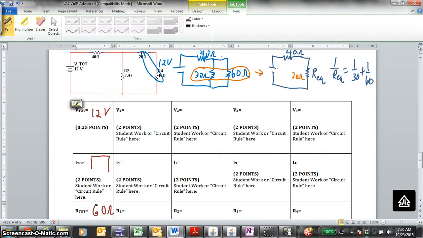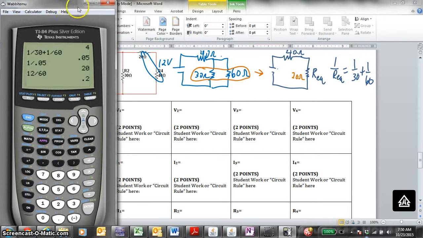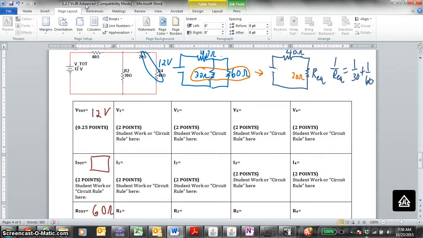Hopefully you know how to calculate I total. Use your calculator, V equals IR, I equals V over R, which is 12 divided by 60,